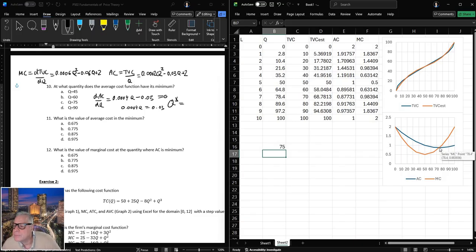So yeah, we can't really tell it from hovering over